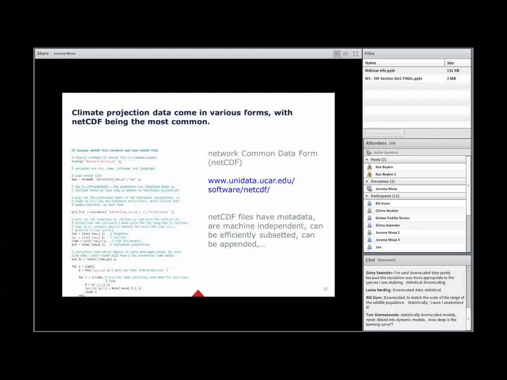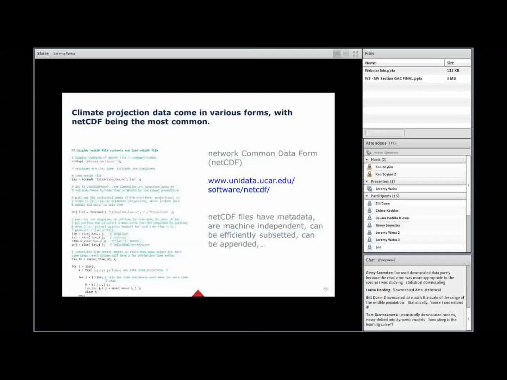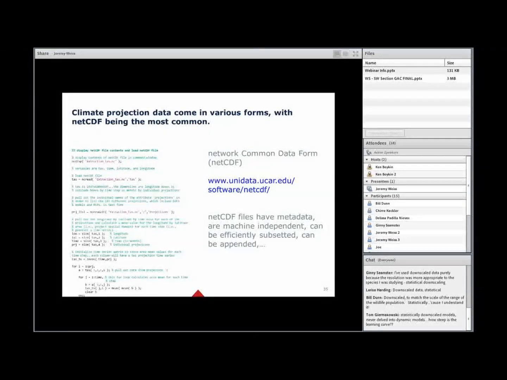If you're working with this type of file as model output, and you run your model again with an extra year of data, you can just append that onto the end. I have another code example here on the left, again from a MATLAB software environment, not exclusive to MATLAB for sure. But that is one particular solution for cracking open these NetCDF files, which sometimes isn't the easiest task, depending on how many variables are in them.